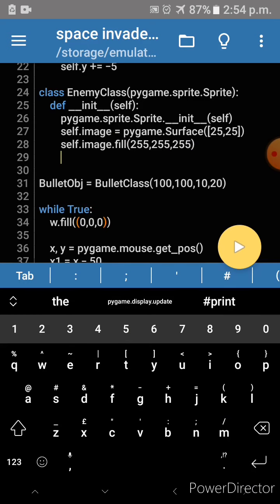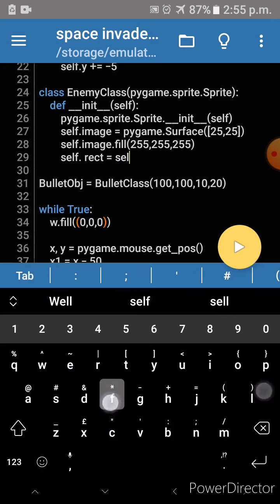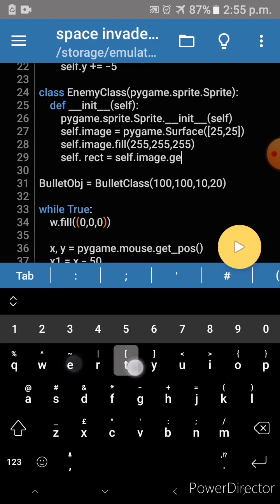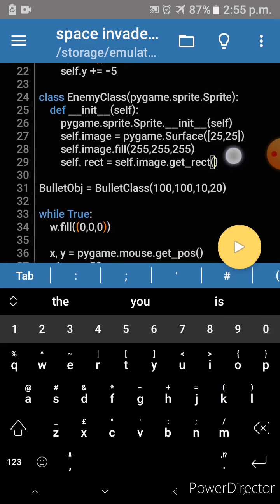After that we will get the rectangle from the image. For that we will give the statement self.rect equal to self.image.get_rect, and this will get the rectangle area of the image.